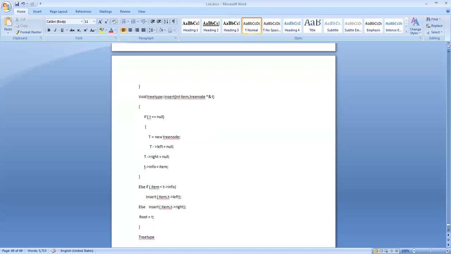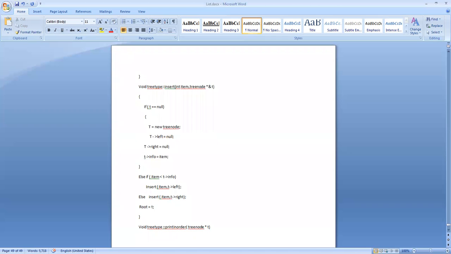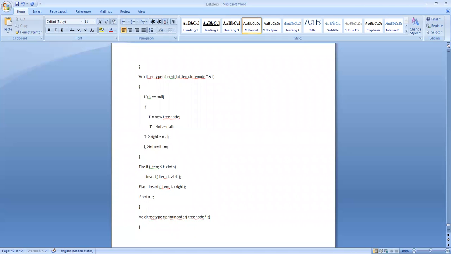Tree type, void print in order of the tree pointed to by P. Then do this in order. It's a recursive function.